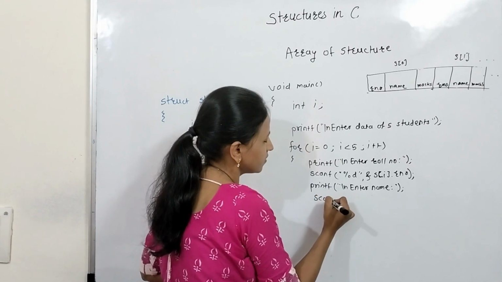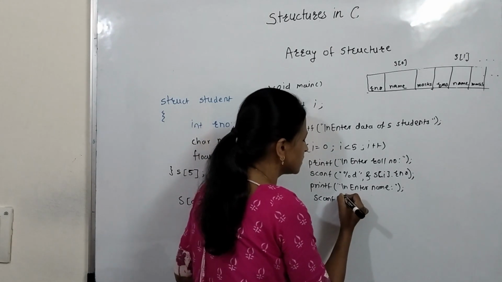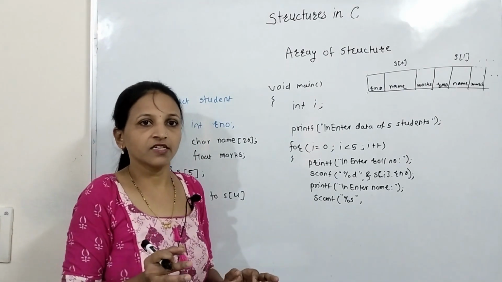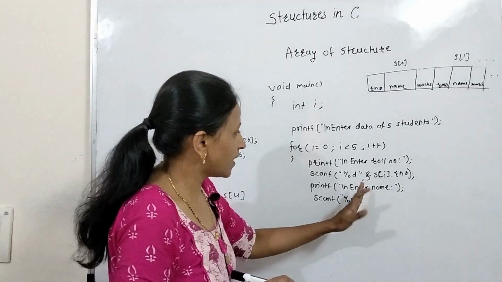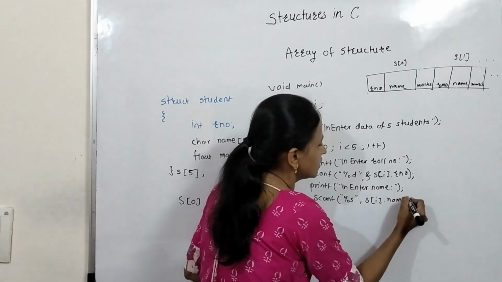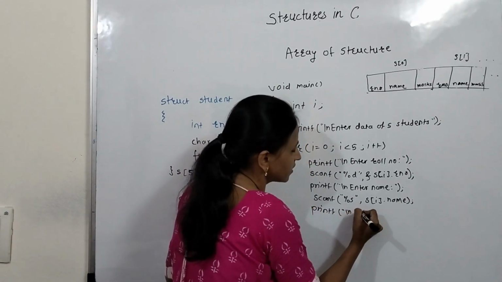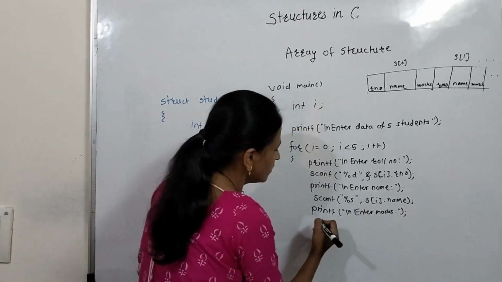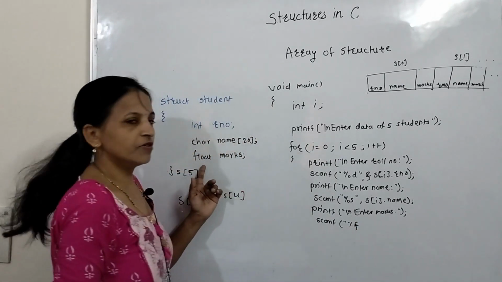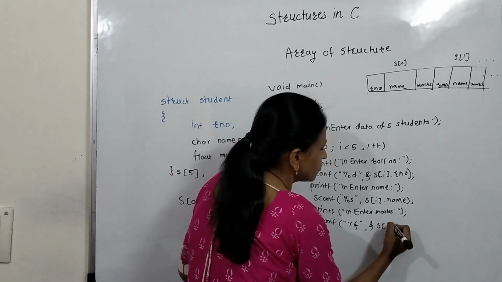Now for scanf, here you can use either scanf or gets, anything. Scanf percent s comma, here don't use the ampersand, we know while accepting a string we don't use that ampersand. s of i dot name. In the same way we have to accept marks, like printf enter marks, then scanf percent f, marks are of type float, that's why percent f comma, here use ampersand s of i